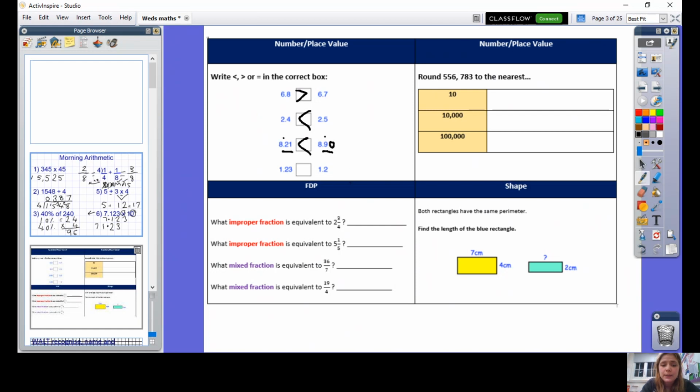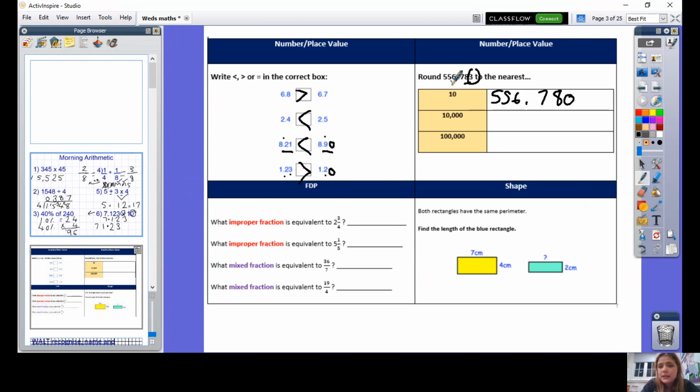And so when I'm looking at the next question, I can see 2/10 is the same as 2/10. I need to look in the hundredths. 3/100 is greater than 0/100. Okay, rounding this number to the nearest 10, underline the 10 and circle the ones. That is going to round down to